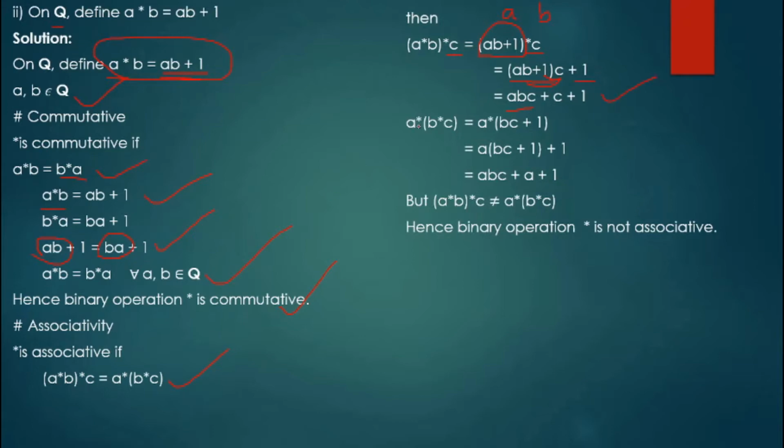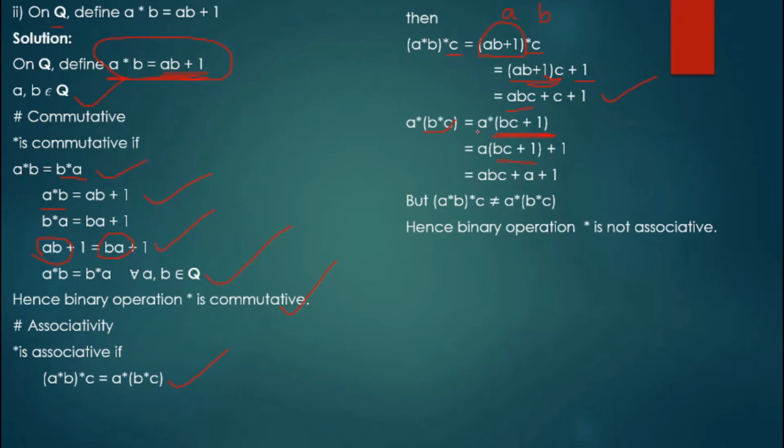Done. Next, A star (B star C). So B star C, as we have done in the previous question, I'll still repeat it. Instead of AB we have BC, B star C. So we again check the definition in our question. Definition of the binary operation, A star B is equal to AB plus 1. If it is BC, what will happen? B star C is BC plus 1. Let us check what we have written. Yes, we have written BC plus 1.